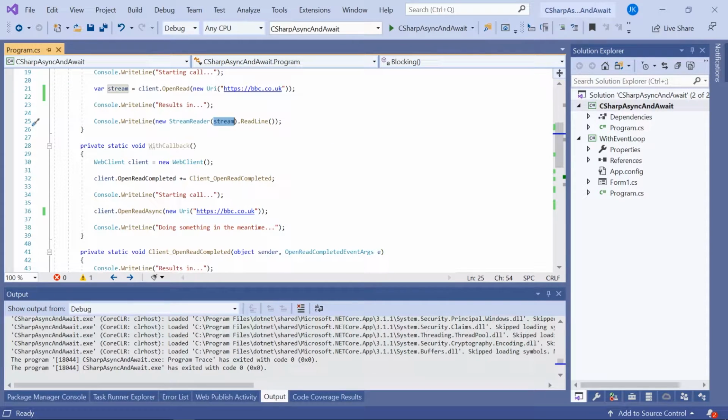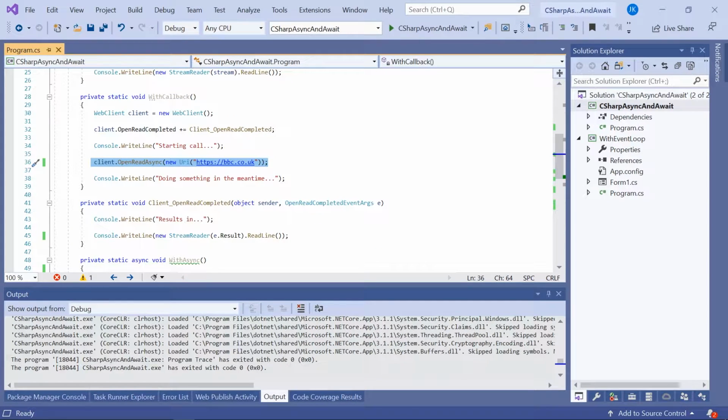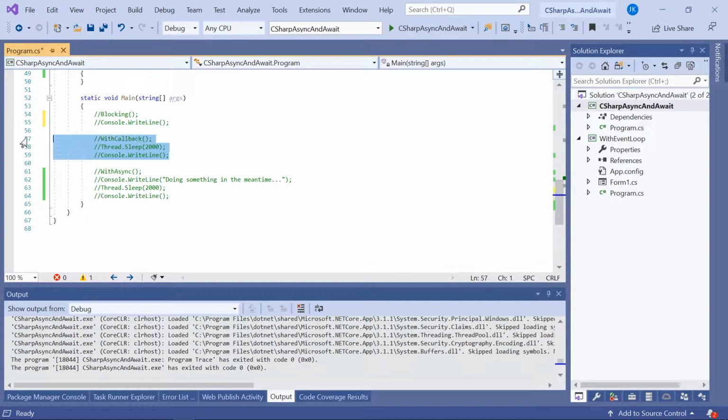Now, when we do this OpenReadAsync, we don't get anything back. But then when the operation is completed, we'll come in here, we're saying results in once again, and then we've got the result to display. So if I just comment that out and then put in our call to WithCallback, and you can see the other thing I've done here,